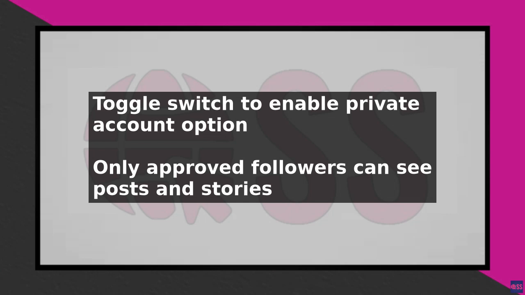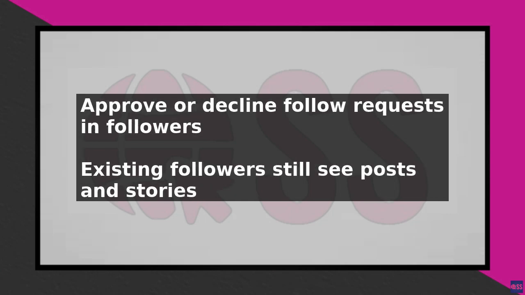It is essential to note that when you switch to a private account, any existing followers will still be able to see your posts and stories. However, new followers will need to send a follow request and be approved by you before they can see your content. By following these steps, you can easily switch back to a private account on Instagram and control who sees